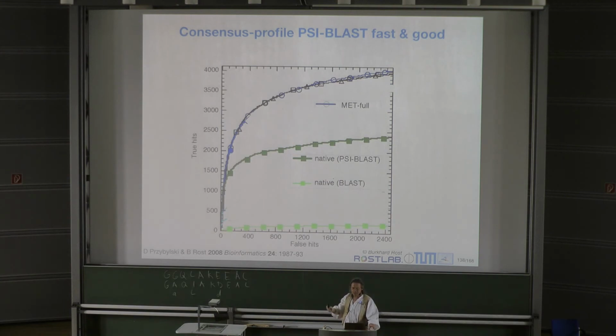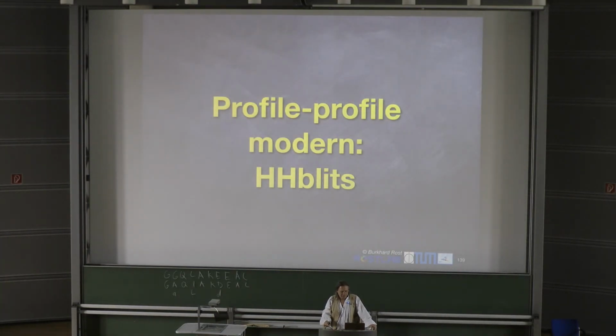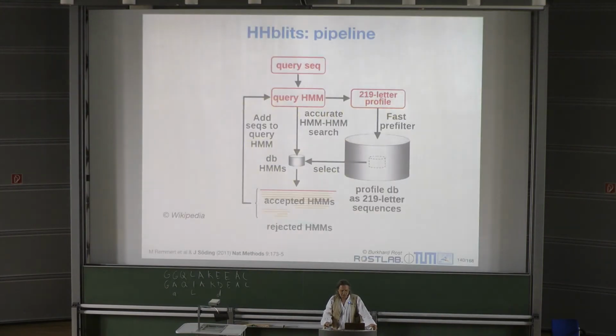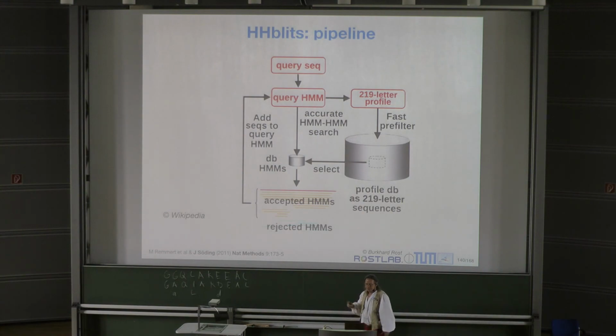You gain a lot, and again, it's only a hack. The most modern way for the profile version is in fact also a hack. It's called HHblits. This is essentially the entire system that does it. Ultimately, what HHblits does is something like what I showed you before, except for replacing the idea of a consensus sequence by